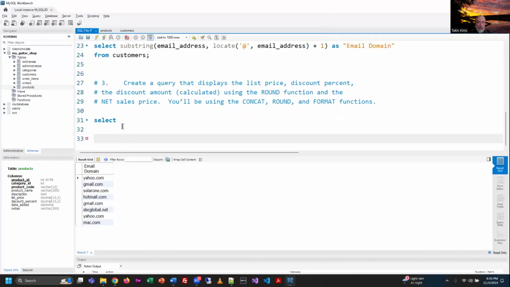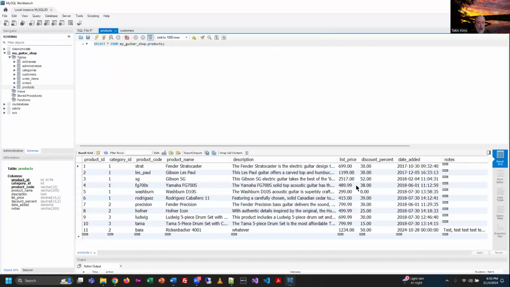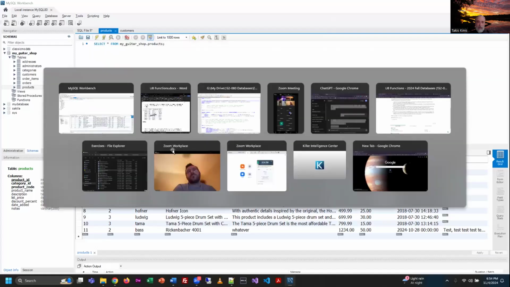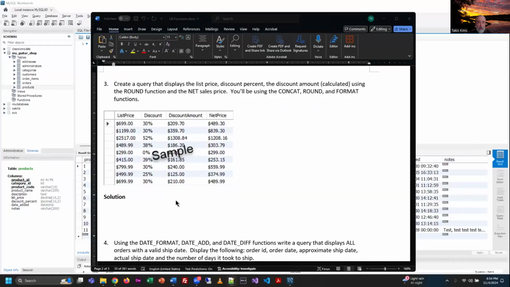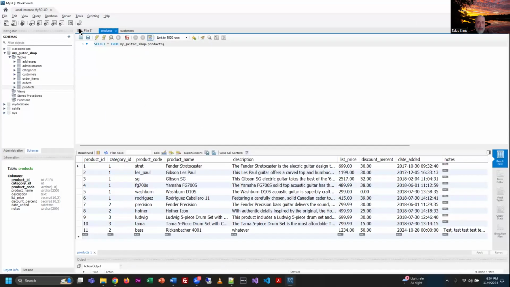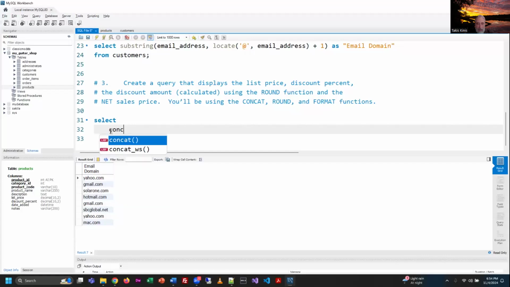Now we've already worked with taking a dollar sign and adding it to a dollar amount. And because the list price in the table is already in a dollar and cents format with 2 decimal places, I don't really need to format it to do that. I just need to get that dollar sign in front there. So I'm just going to do a concat on that one. So I'm going to concatenate that onto it. So we'll do concat parentheses, right? I'm going to do a dollar sign. Oops, single quote there. Comma,